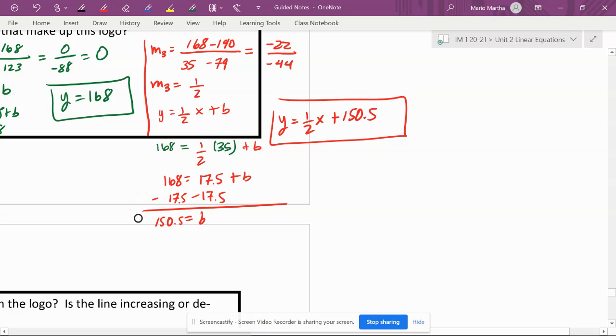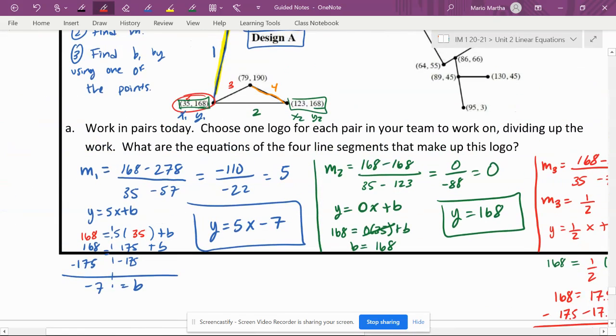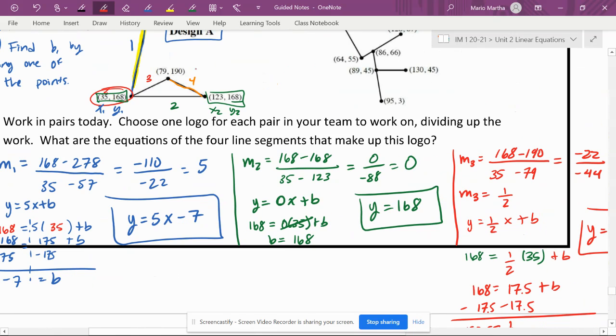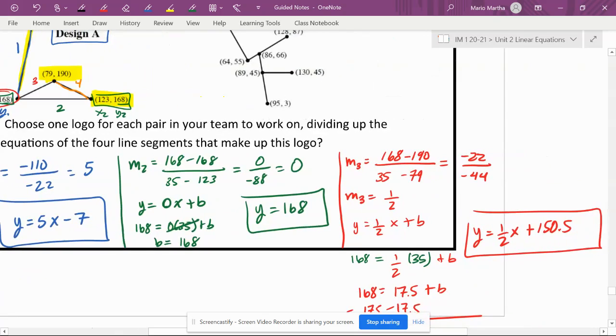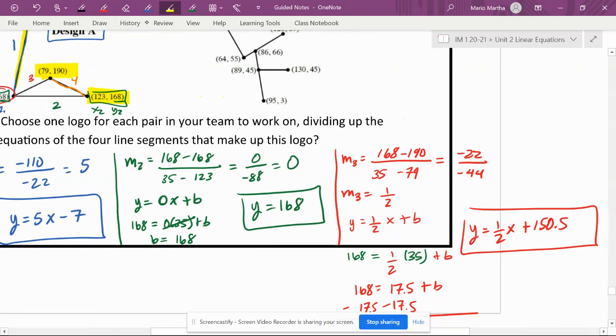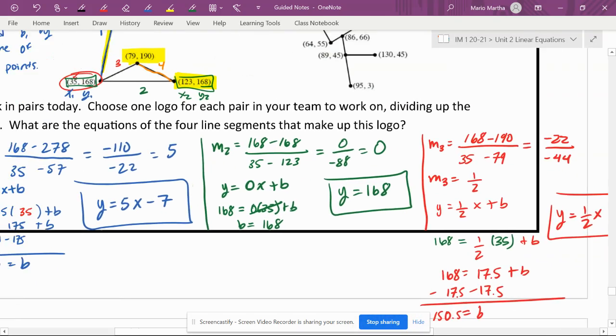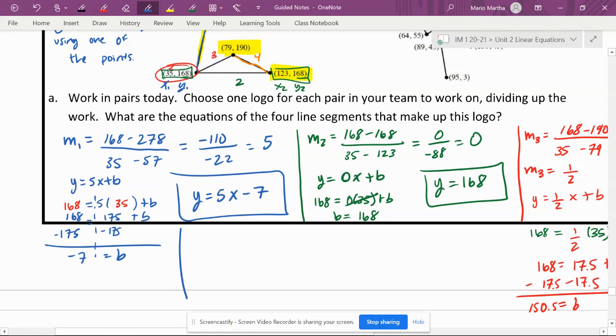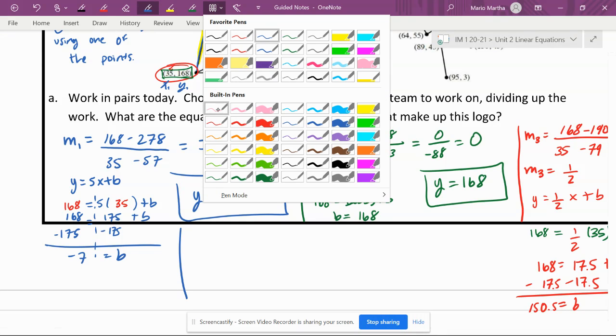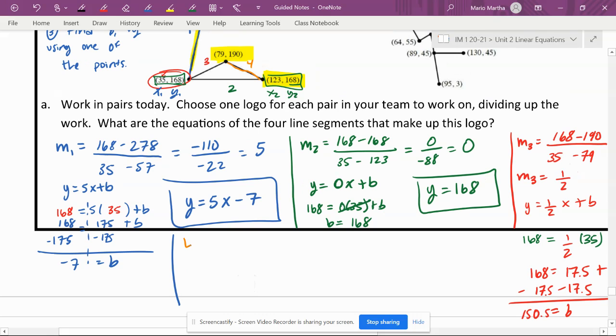And then our last equation, which would be pretty much equation 4. So you have these 2 points. Now we want to be careful because now we're using this point and that point right there. So let me write them down over here. 79, 190. So let's do it down here. So this would be part 4. Let me use the orange now. So line 4,